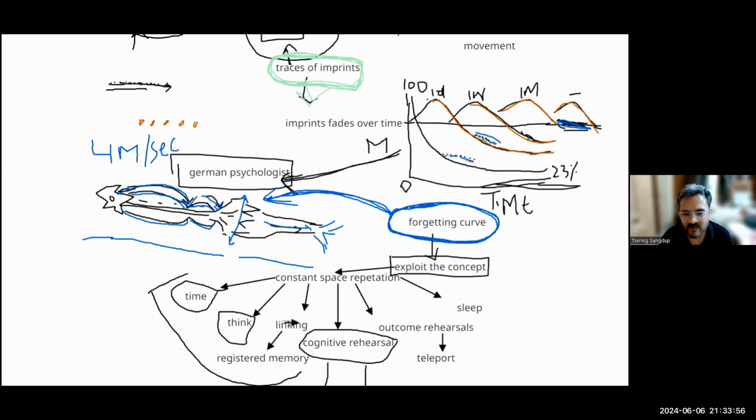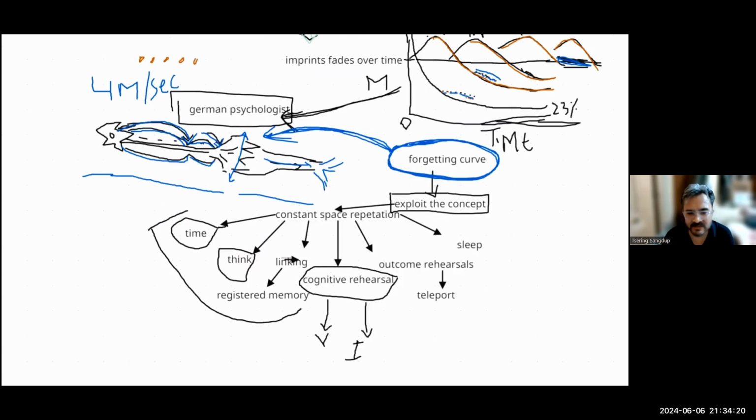And fourth is cognitive rehearsal, where we deliberately invoke the new information by imagining and visualization. And fifth is outcome rehearsal, where we are deliberately teleporting ourselves into a situation